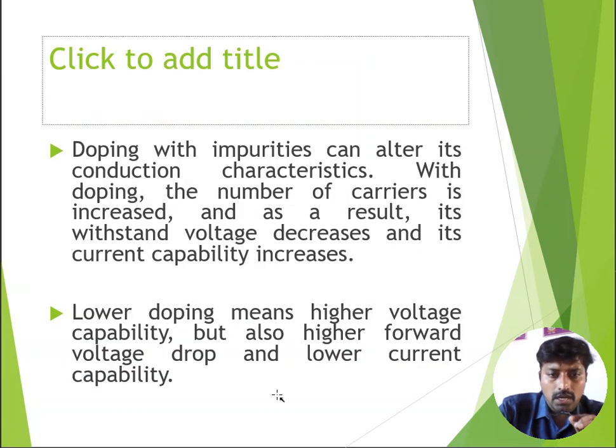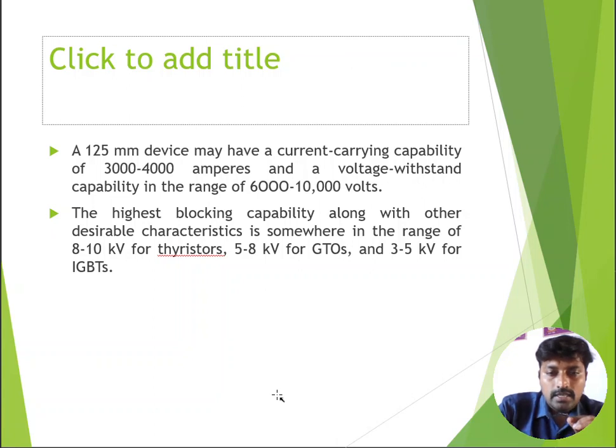So doping with impurities results in current capability increasing and voltage capability decreasing. If you require high voltage capability and lower current capability, you prefer lower doping. So based on your doping impurities, we can change the material; voltage capability decreases. If you require high current capability, you can dope with high impurities. Low doping always gives low current capability. So these are the general